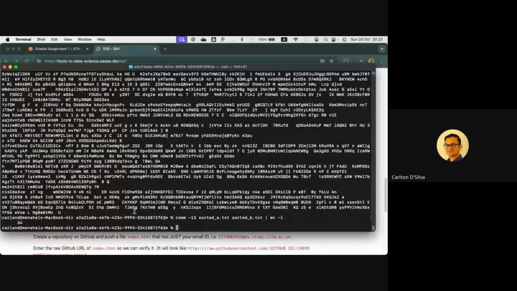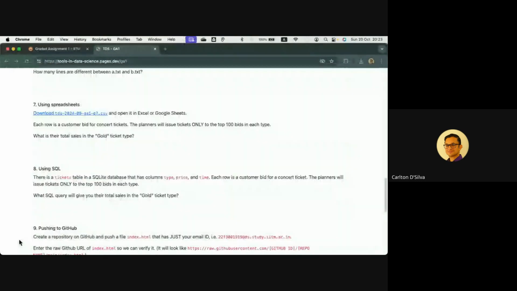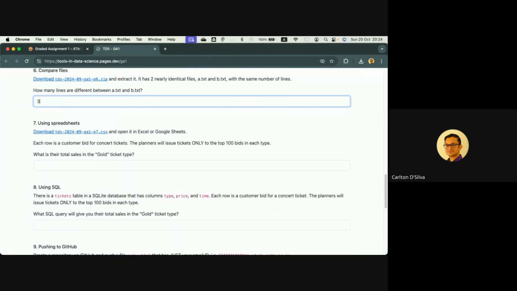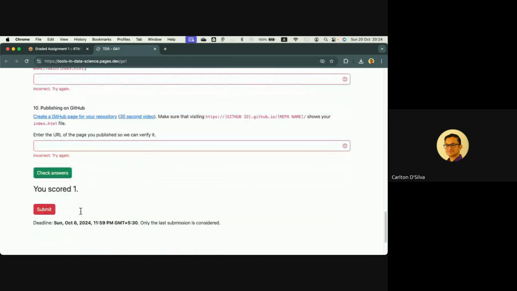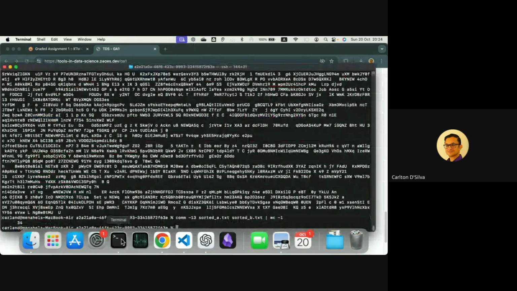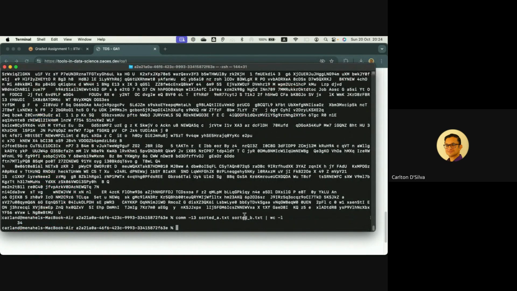Now if we do that, we'll get a number. You can see it's 34. And hopefully now it should work correctly. So if I say 34, check the answers. Yeah, so that's correct. So it worked. The main mistake I made last time was that I didn't sort them before using the com